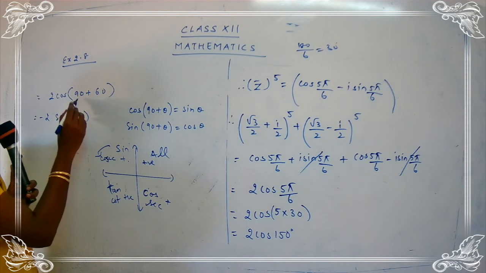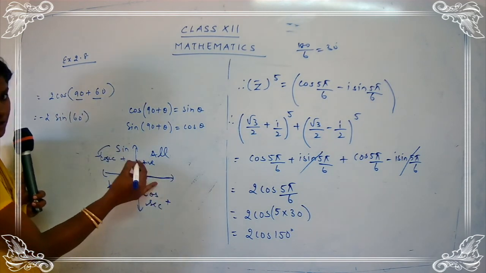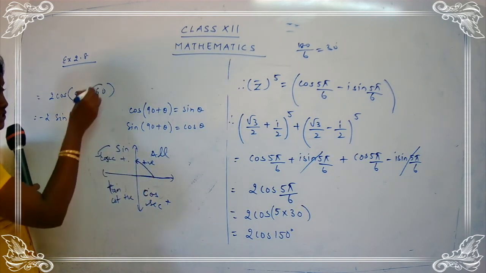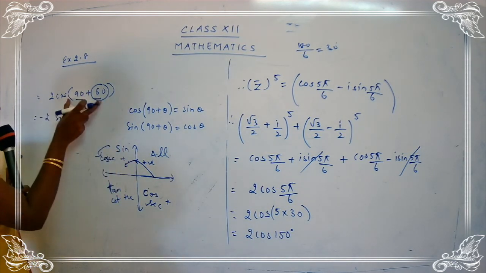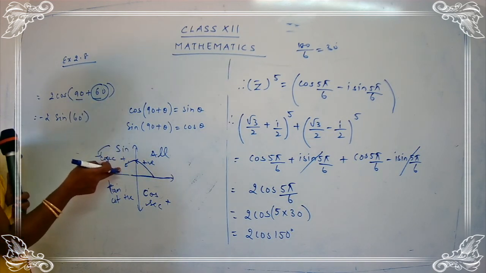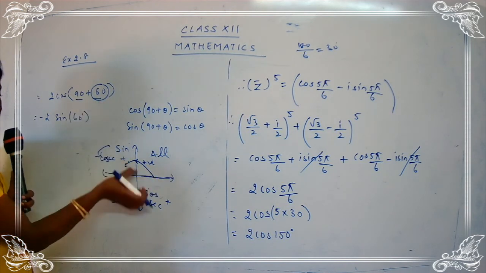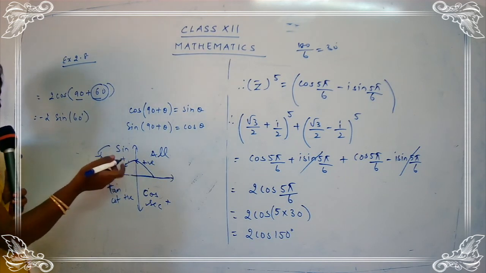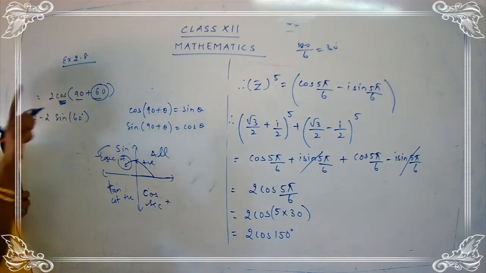Okay. So here now it's 90 plus 60. This is 0 degrees. We start from the first quadrant. Yes, children? So this is 90 plus 60, so you have to come to the second quadrant. Where is this angle lying? The angle is lying in the second quadrant. Are you getting my point? The first quadrant ends at 90, plus 60, so you have to come to the second quadrant. And when you come to the second quadrant, the cos is negative. Okay.